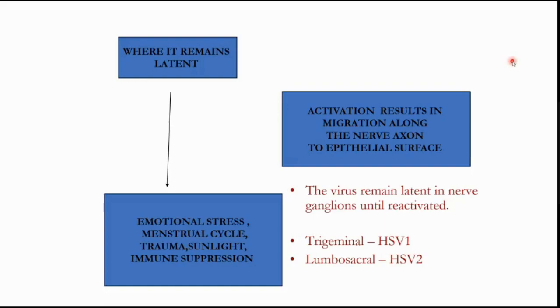So in the initial infection, the virus will just penetrate the mucosal surface, and then it goes along the peripheral nerve to the regional ganglion. In case of herpes simplex virus 1, it's the trigeminal ganglion because it's all your oral structures. And for HSV2, it is the lumbosacral ganglion. It's very, very important. This is the lower part of the body, resides in lumbosacral. HSV1 affects the upper part of the body and resides in the trigeminal ganglion. So until it is reactivated, the factors which reactivate it are listed here.